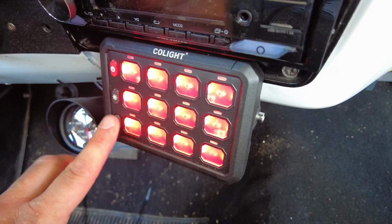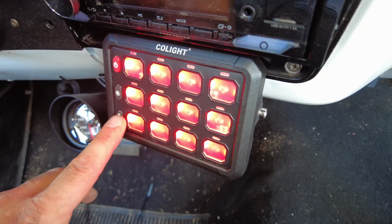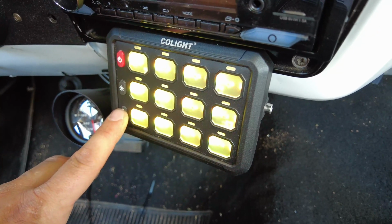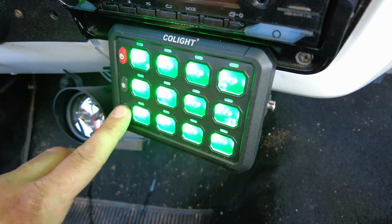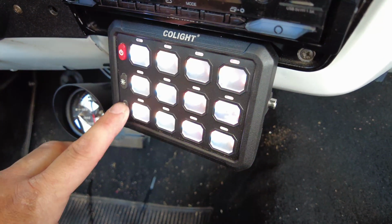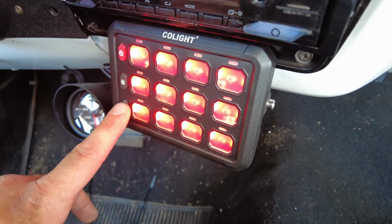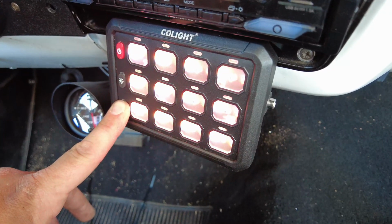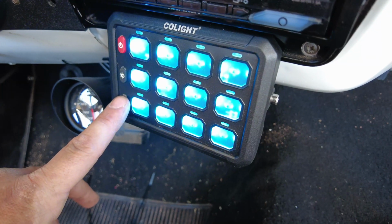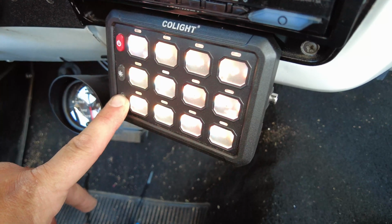And then this one down here is your backlight settings. So there is 8 colors. It is red, orange, yellow, green, cyan, blue, purple, and white. And then you could cycle through those. And then it says if you long press it, it will get into a gradient, it's doing the gradient right now. And then if you long press it again,